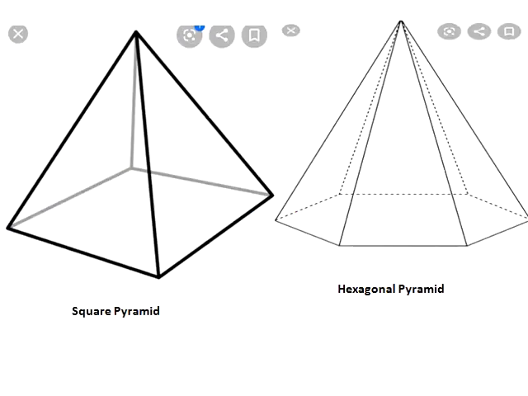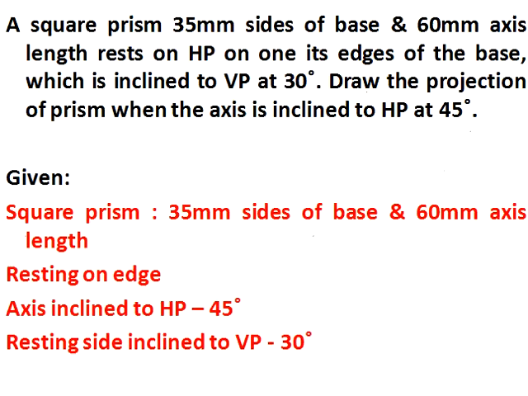So coming to the second type, pyramid. Pyramid will be having one bottom face and there will be one apex, and from all the corners of base there will be one inclined edge to the common apex. Again, depending on the shape of this bottom face, it is classified into square pyramid, pentagonal pyramid, hexagonal pyramid, and if the bottom shape is of circular shape, it is known as cone. We'll move to one problem directly.